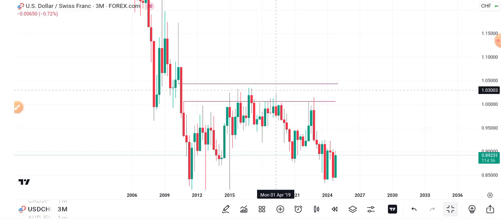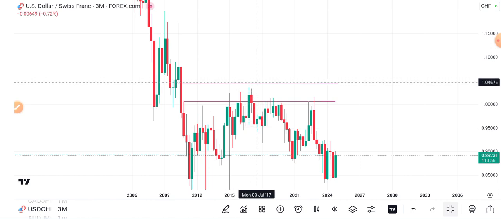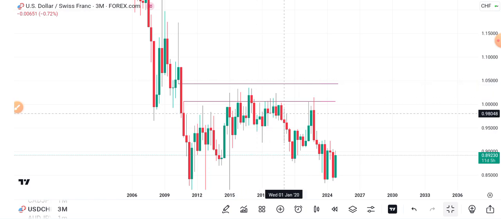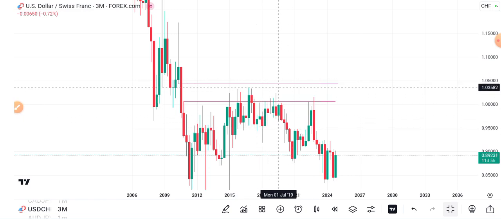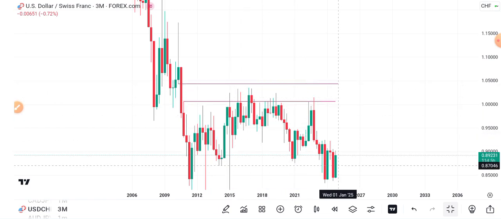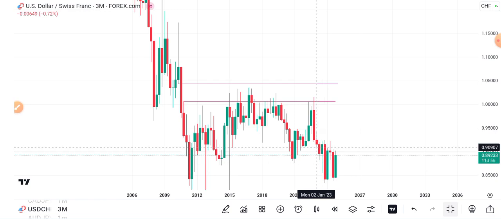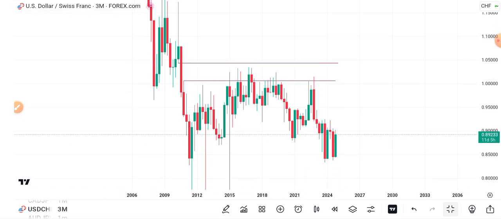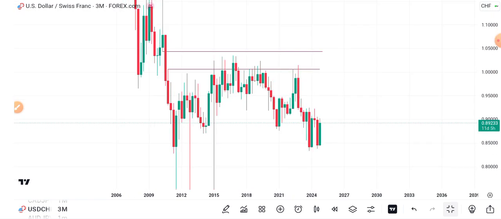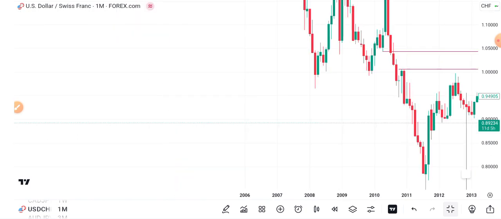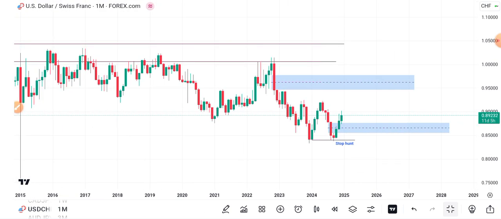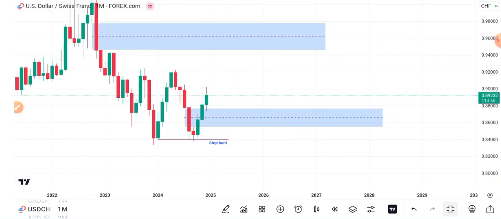You can see that. So that's why I usually say go to the monthly time frame to see things for yourself. Very, very important. So price traded into this fair value gap and began to drop down. But then let's go to the 1 month time frame to see some very important stuff that could help us as we go on. So the 1 month time frame, what can we see here?